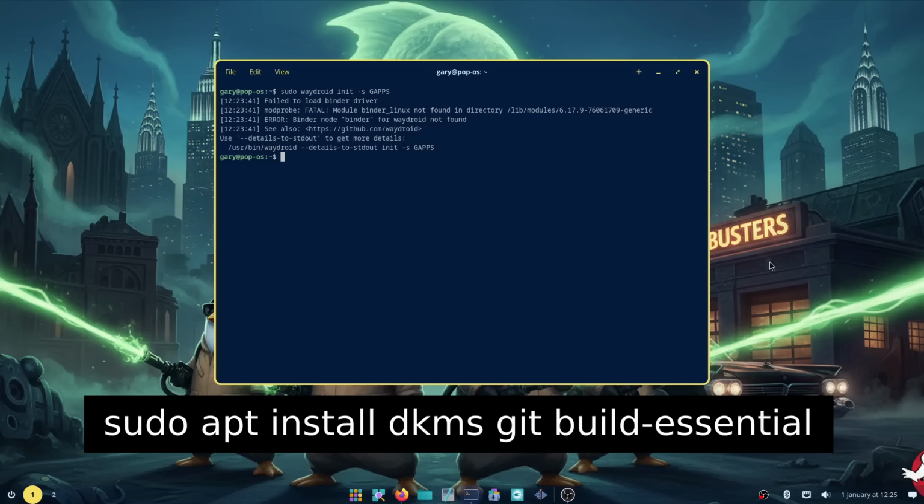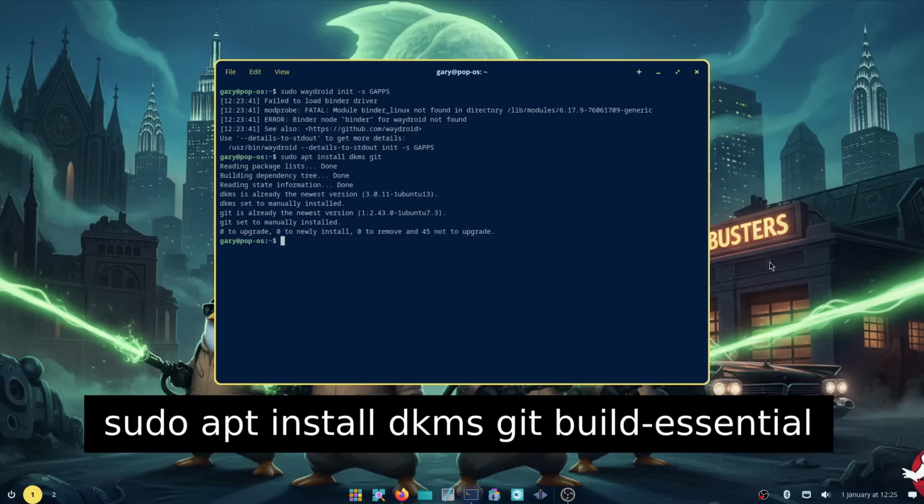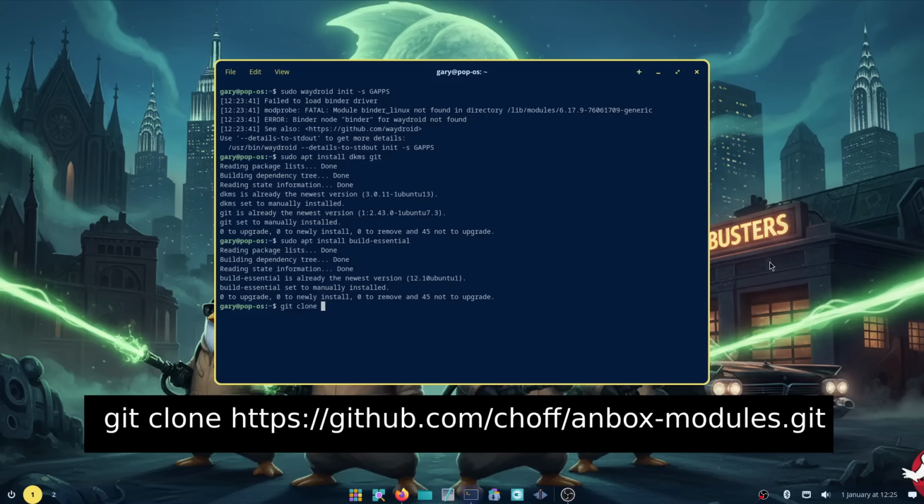Type sudo apt install dkms git build-essential. So this will enable you to install the module that will be built in the following command. Now it's highly likely that most of these packages are installed already, but if they aren't, they will be installed. So now type git clone